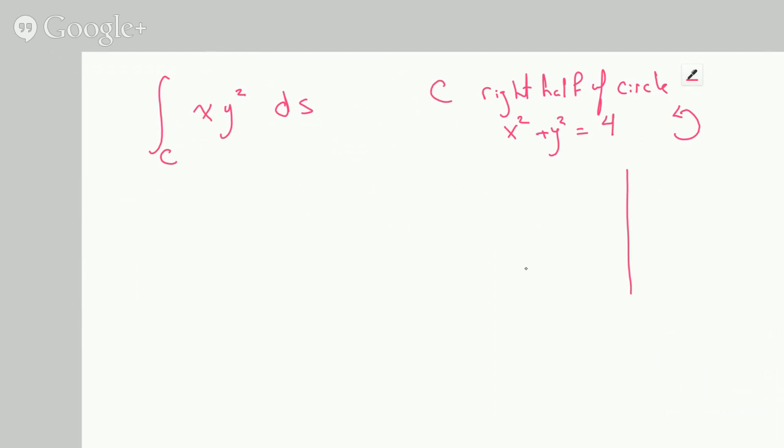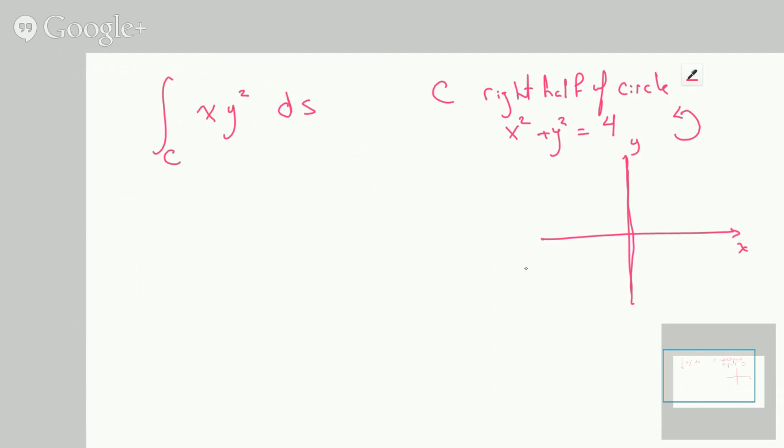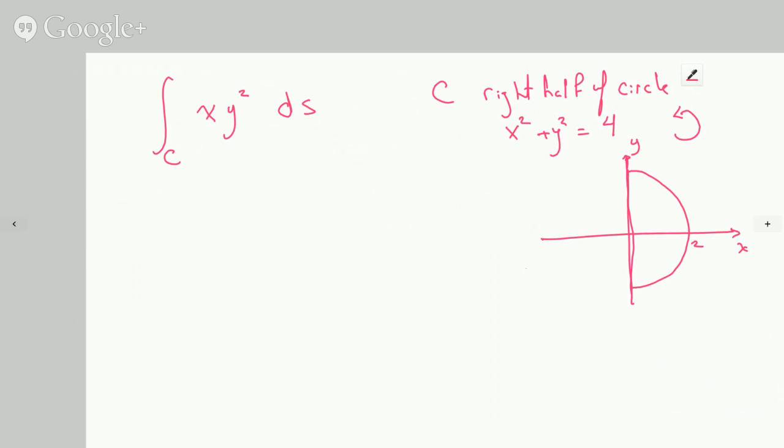So if we were to illustrate our curve C on an xy plane, C is the right half circle with radius 2. And so usually when we have circles, first of all, we need to parameterize the curve in order to evaluate the line integral. And usually when we have circles, the easiest way to do this is to parameterize the curve with sines and cosines, because the sum of the squares of sines and cosines will conveniently get you the required radius. So x is 2 cosine t, y is 2 sine t,